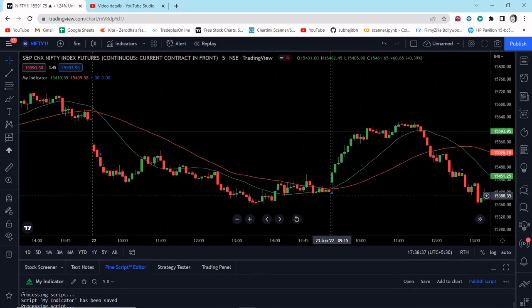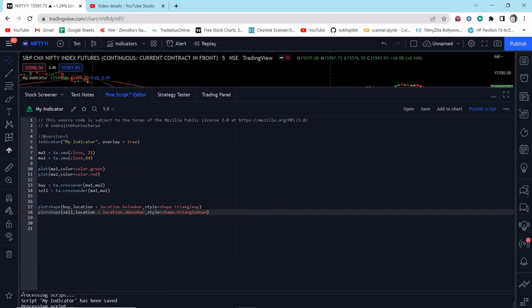Now we can see a triangle up at the buy point, that means the crossover point, and a triangle down at the cross under point, but it is not visible. So let's make it more visible. Let's add size and color. Let me add color equal to color.green for buy, and color equal to color.red for sell, and also add size